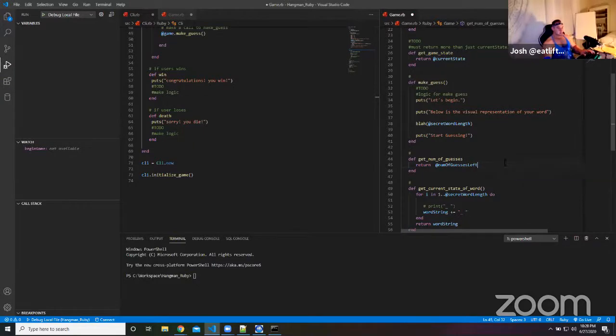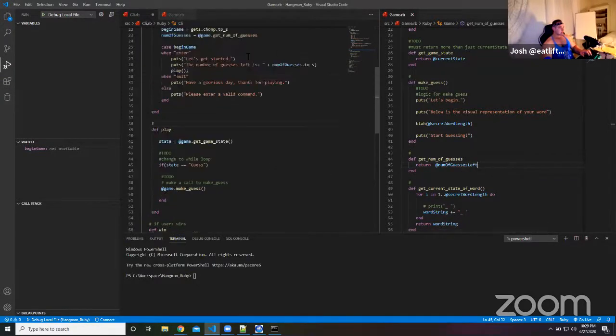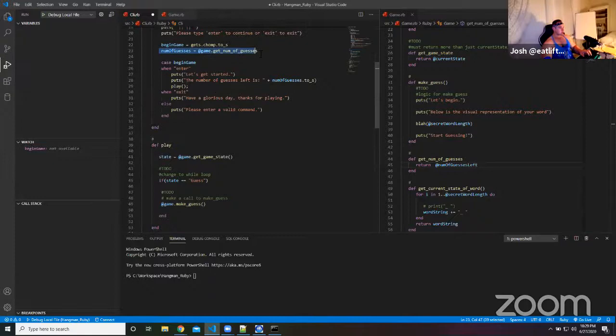Okay, beautiful. Number of guesses left. We're to-stringing it in here, but we're still storing it as a number in this variable, just to display it. So enter happens. Let's get started. Number of guesses left is that. Then play is going to call